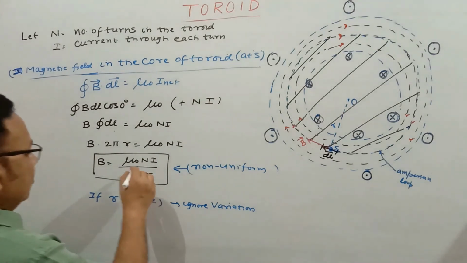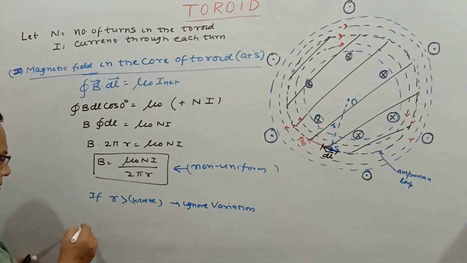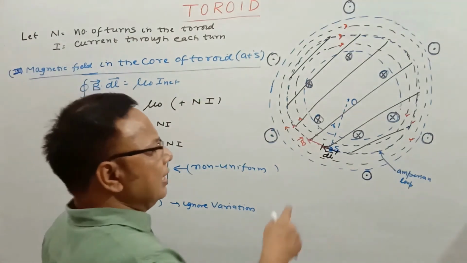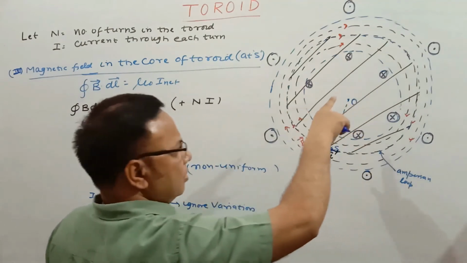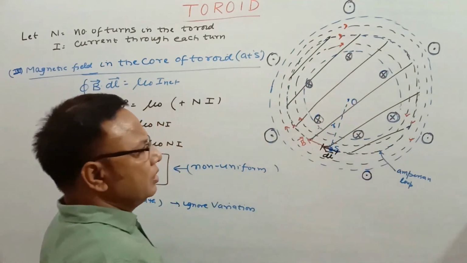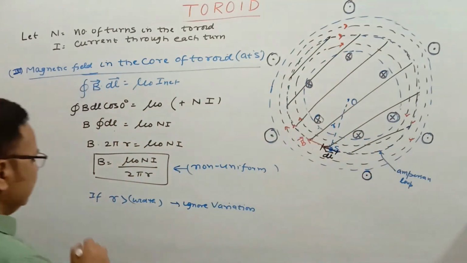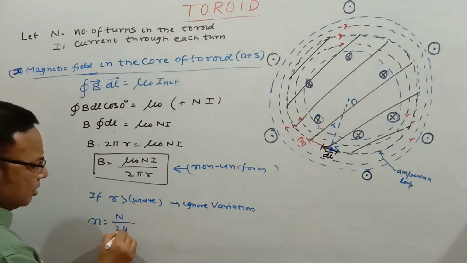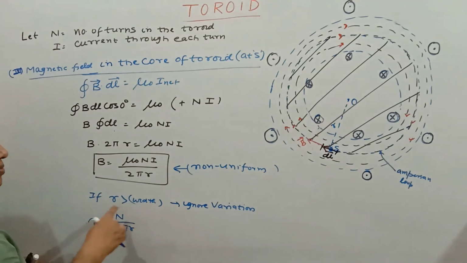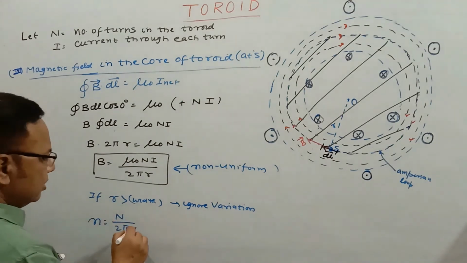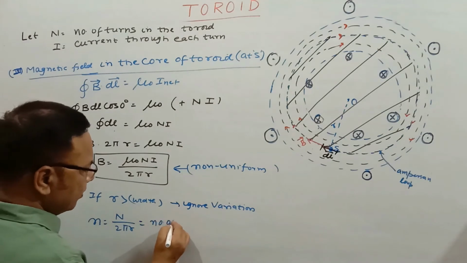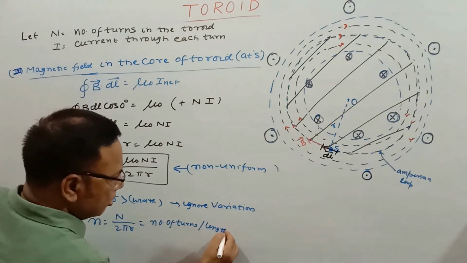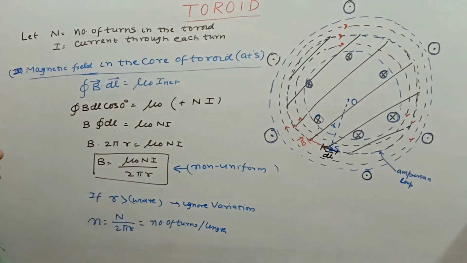In this case, we have a parameter called number of turns per unit length. If for the average radius the number of turns crossing or coming out is N, then we can take a term called n, small n, that is the number of turns per unit length of the circumference boundary, or Amperian loop. This is called the number of turns per unit length of the circumference.